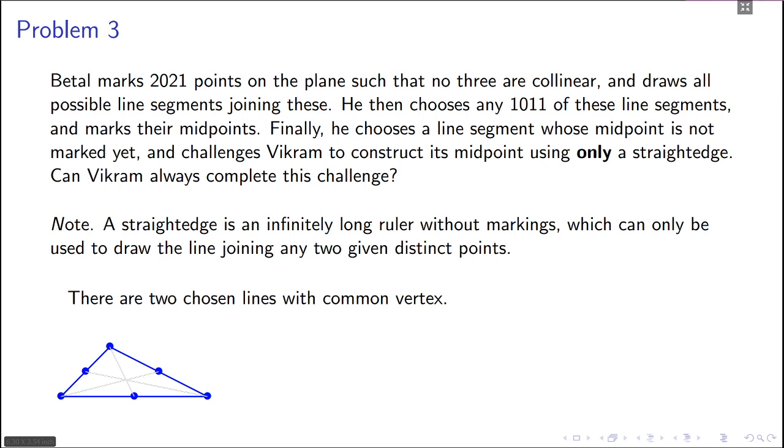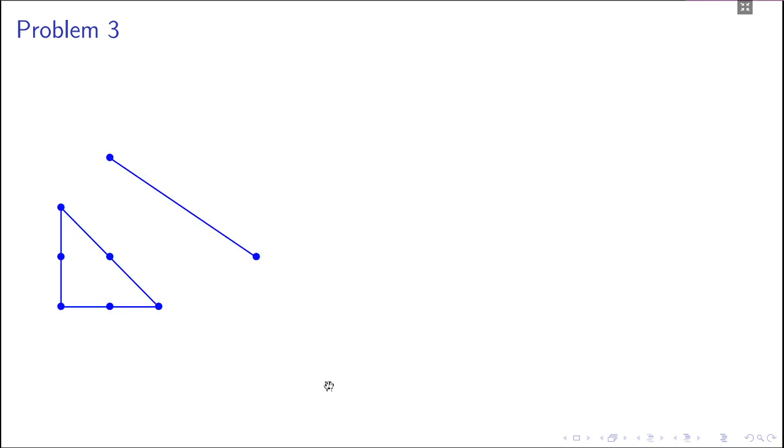Okay, and after that, now it's given any line, any other line. Can you find its midpoint? So the answer is that just with this, you can find the midpoint of any other line segment. Okay, it's possible. So I'll just show you one construction. So let's start. So this is what we have found, and there is this line segment